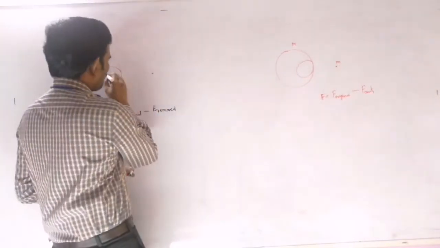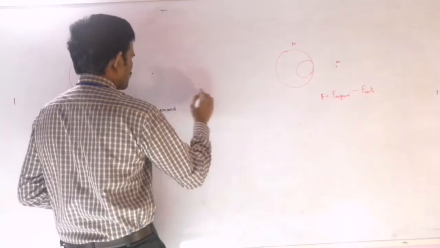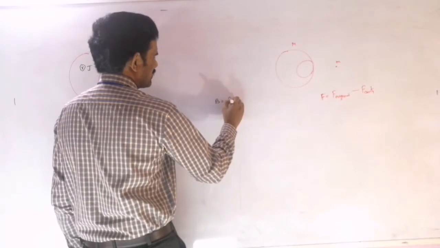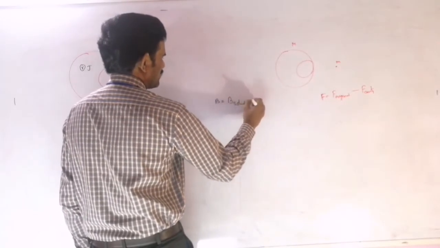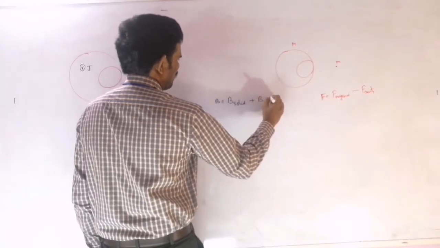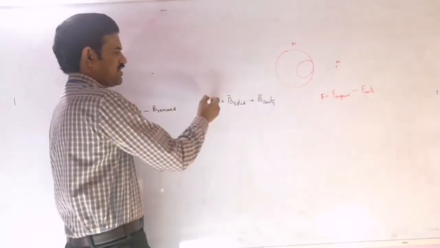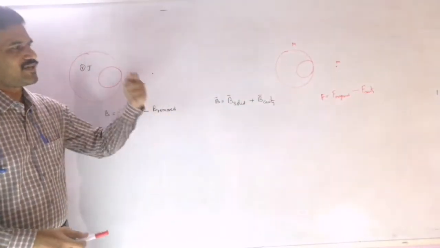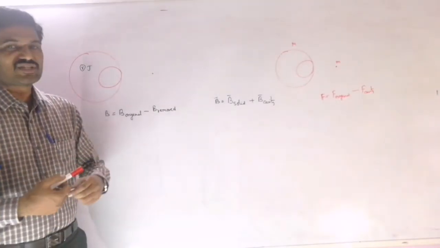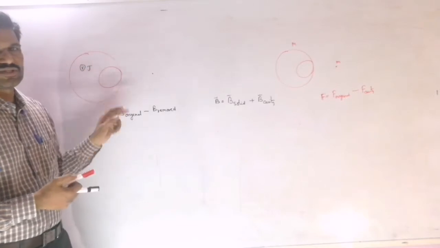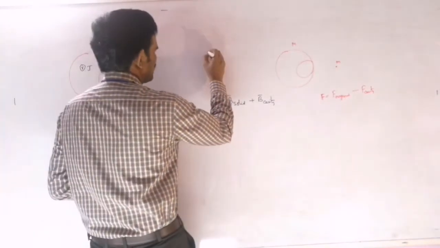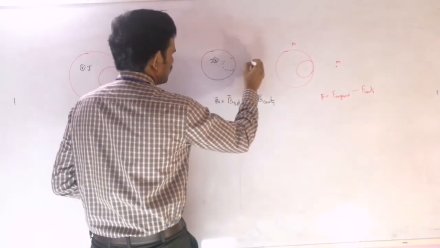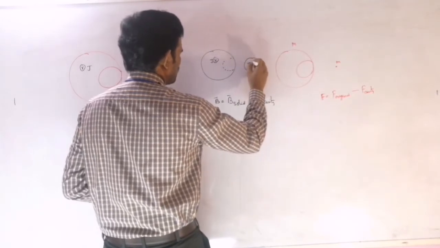In the previous approach we discussed, the magnetic field due to the solid cylinder plus the magnetic field due to the cavity is a vector addition. But while substituting these values here also, you will get the negative sign, right? Because the magnetic field due to the cavity will be opposite in direction to the magnetic field produced by the original cylinder. So in this approach we consider the solid cylinder having a current density J. Now instead of the cavity, we consider another object having the current density J out of the plane here.